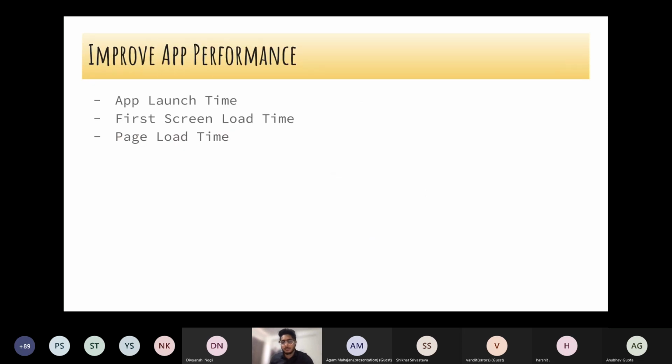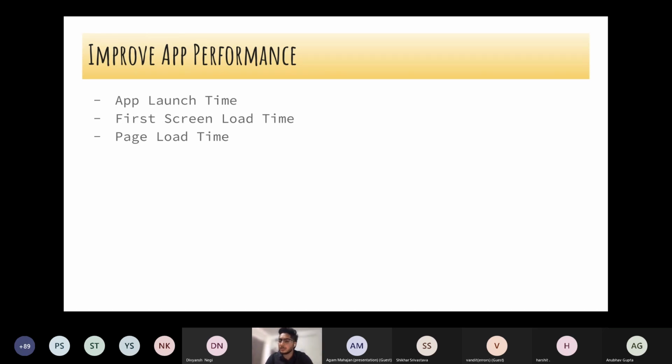And another point on focusing on UX is app performance. One thing is to build your features, and every feature is working fine. But that is business features or business implementation. What makes your app great and stands out from the rest is your performance also. Again, this is for the end user too. Let's say, what is your app launch time? If your app launches quicker than other apps, that stands out.